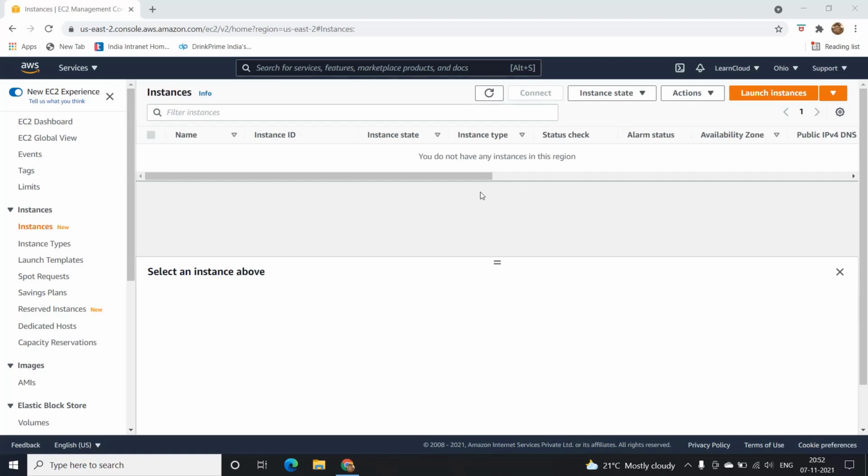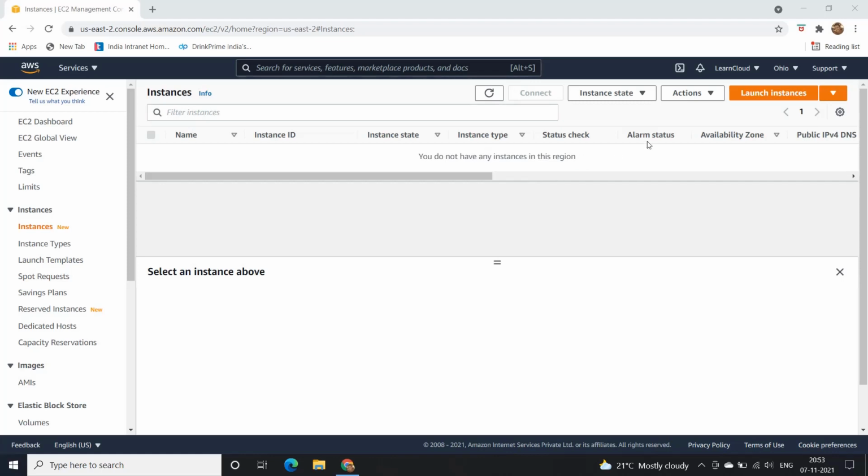So if you look at where all the filtering of traffic happens, first is at the OS level where the ports are opened or closed, and AWS provides two additional layers to filter the traffic. First is at the EC2 instance level where our security groups come into the picture, and second is at our subnet level where our NACLs come into the picture. So in this video we will be focusing on security groups.